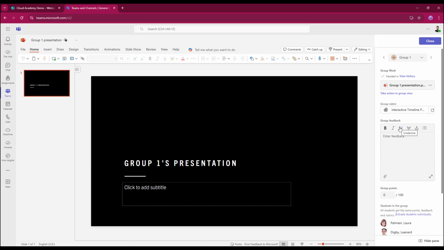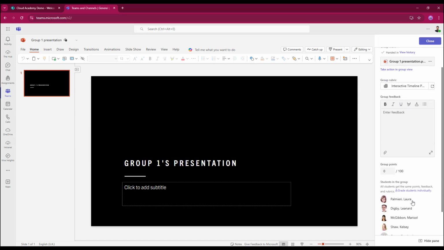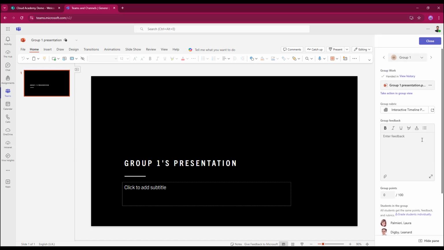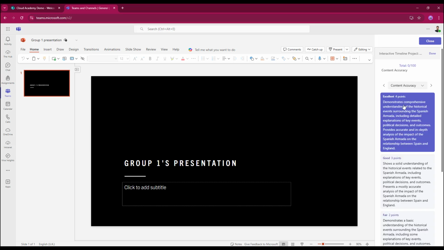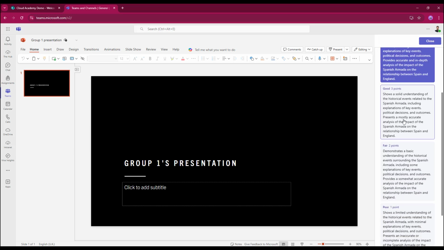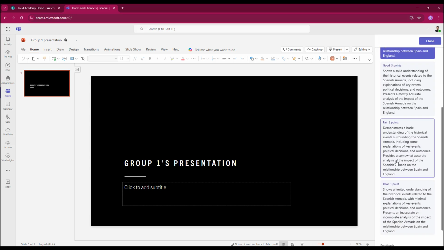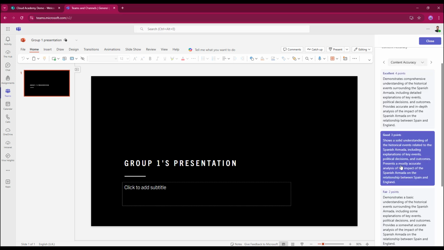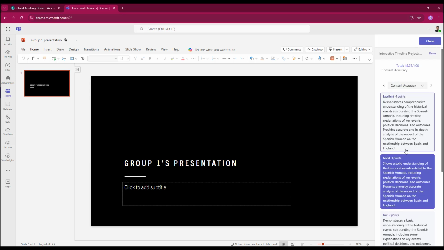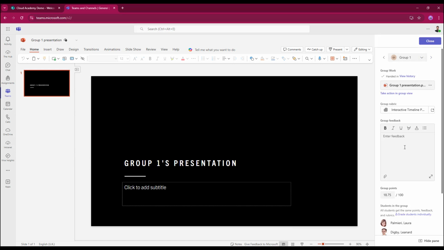So I can click that button. It will then send it back to the group view. There's my students. And I can then open up my rubric. For content accuracy, I can choose. So it was good. I can, at this point, select done and come out of the rubric, back into the speed grader area, and